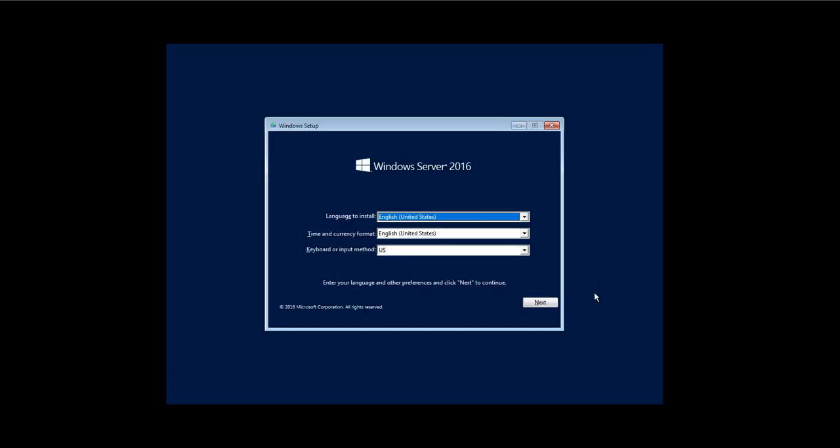Same as before, we select the language and the time and currency. I am selecting mine.